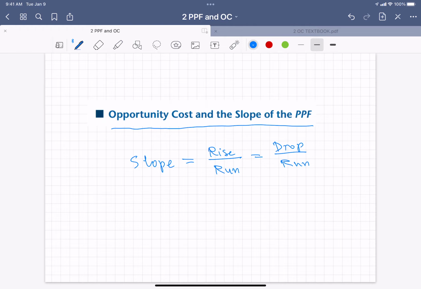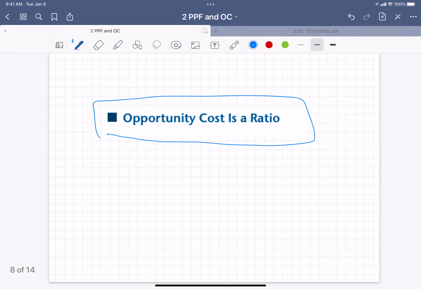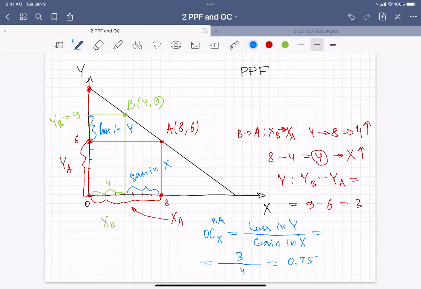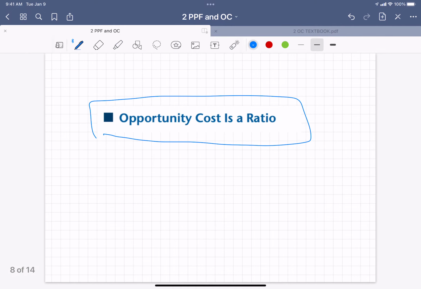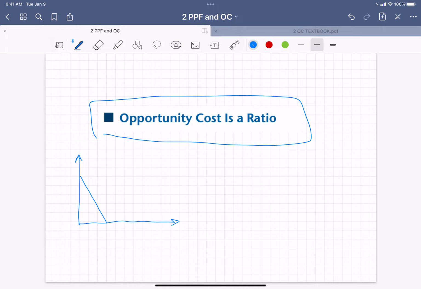In fact, that observation works only when talking about the opportunity cost of the good on the horizontal axis. For the good on the horizontal axis, you can judge the opportunity cost by looking at the slope. The flatter the curve, the smaller the opportunity cost; the steeper the curve, the higher the opportunity cost. We can draw it real quick. In a simple case of a straight PPF, the steeper the curve, the higher the opportunity cost. For example, if you have a relatively flat curve and a relatively steep one,